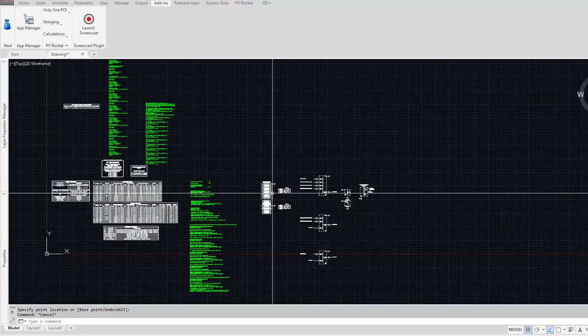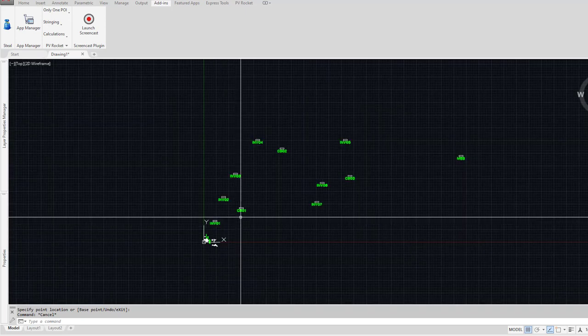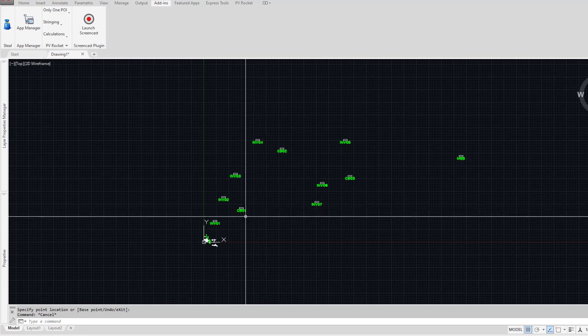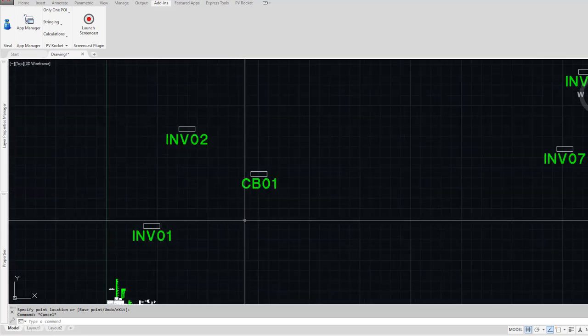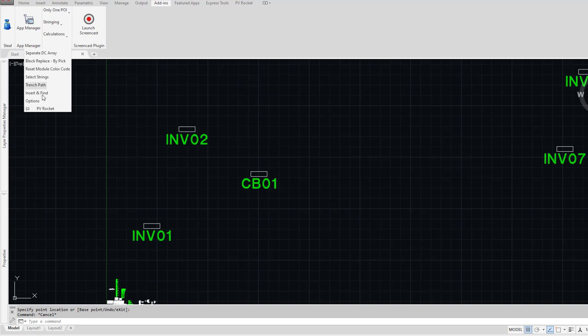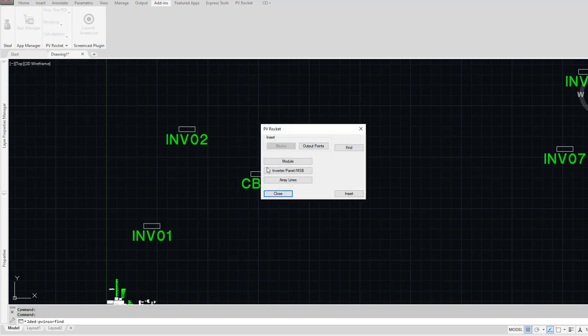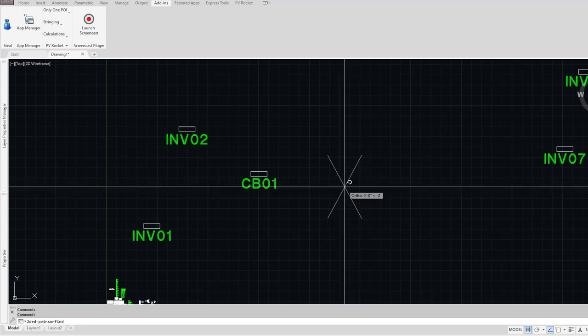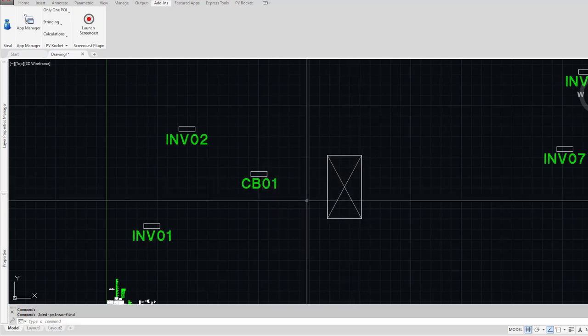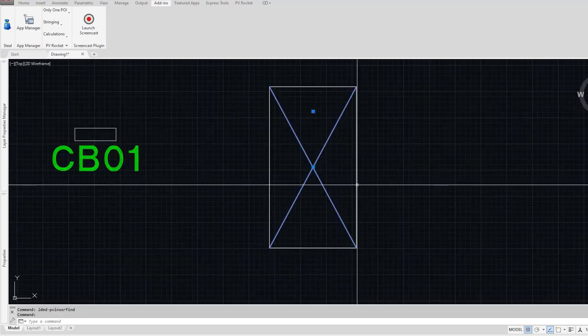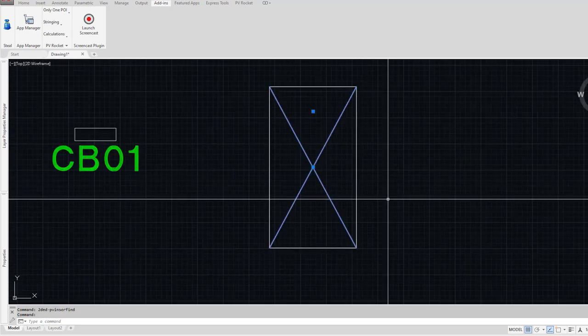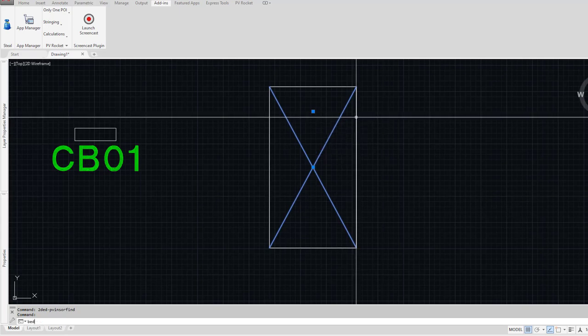Let's start doing that. So up here is the inverter blocks that we just threw in during that video, that Calcs quick start. Let's go to insert and find just like before and put in a module and say insert and give it a spot and then hit close. So this is our current module. We used to have a lot fancier. We still have a dynamic block that you can have access to, and I'll show you how to do that on the longer video. So the first thing that we do is highlight it and then type in block edit